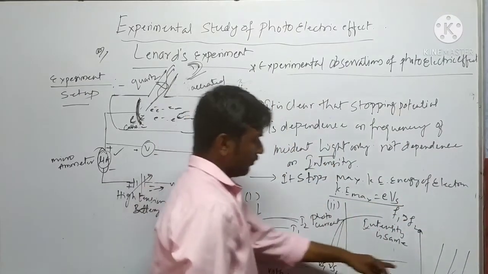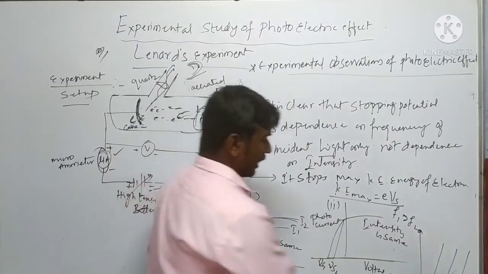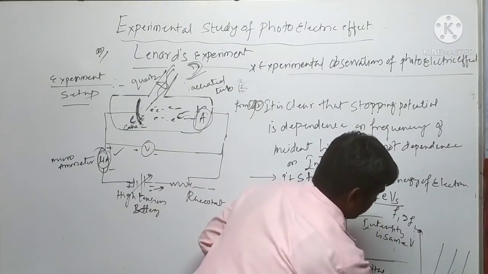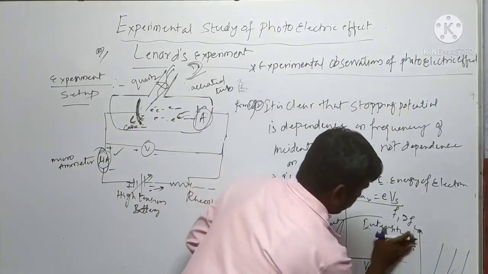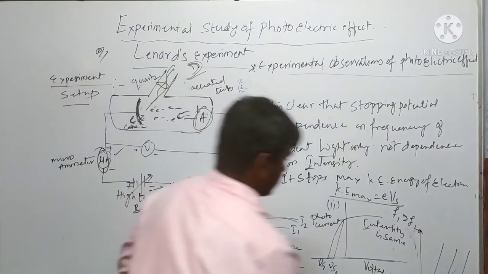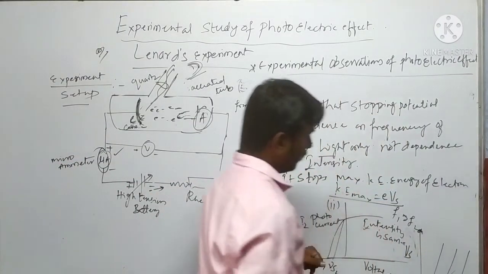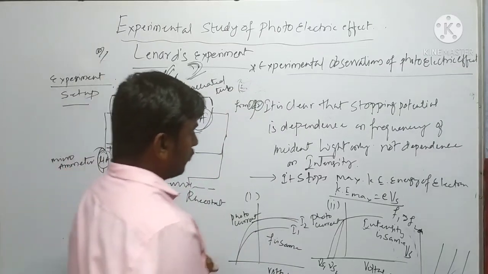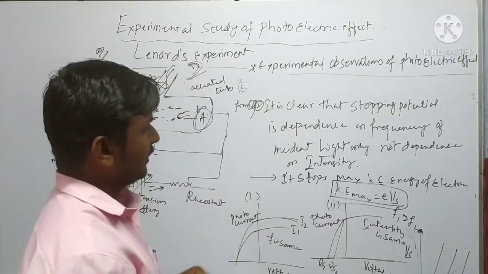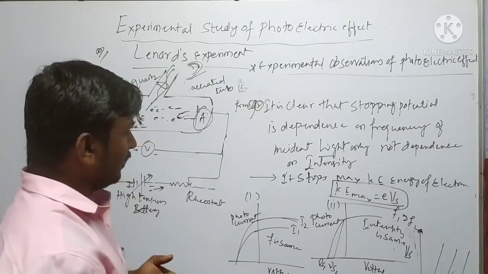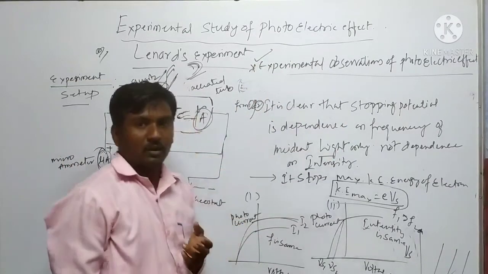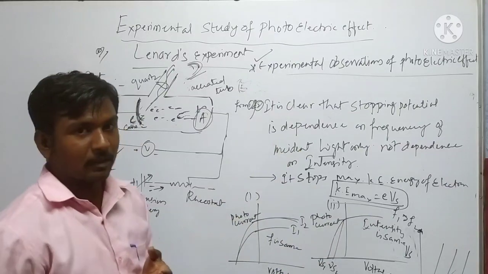We call it frequency versus Vs. So this is the graph for stopping potential and kinetic energy. It depends on frequency and does not depend on intensity. These are the experimental observations on the photoelectric effect. These observations further become your laws for